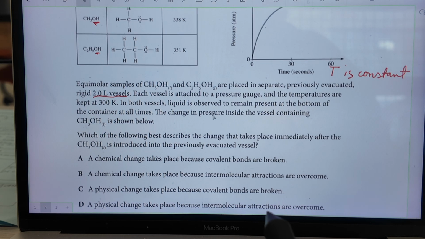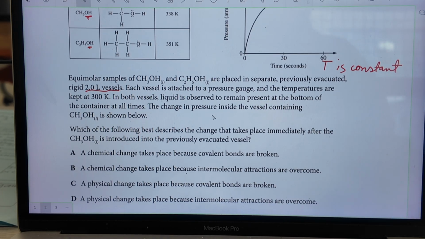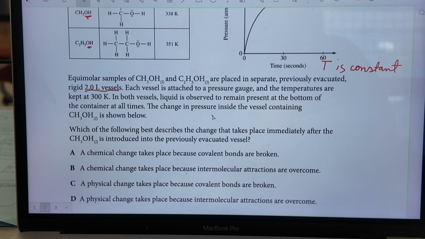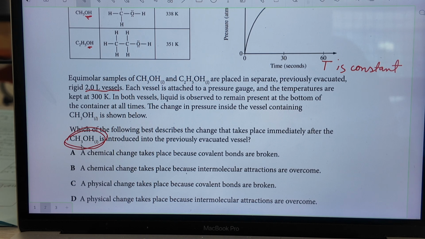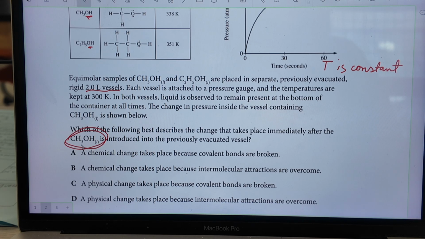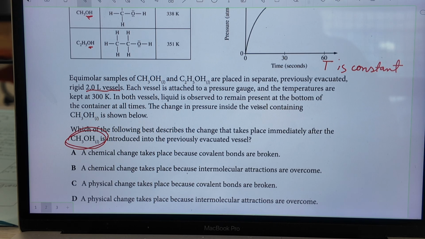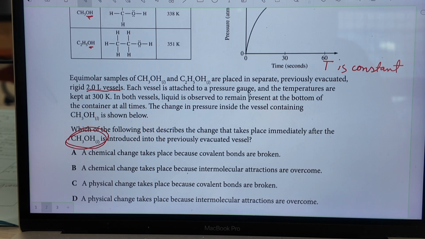And that the temperature stays the same. So when we put CH3OH, which is what they're asking us about, they're just asking us about this one, and it's poured into a rigid container, some of the liquid molecules immediately evaporate into gas, right? Because those temperatures would make it evaporate. That makes the pressure rise, right? If the temperature is constant, and the pressure is increasing, that must mean that the vapor pressure is getting so high,